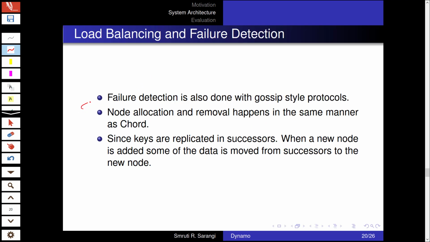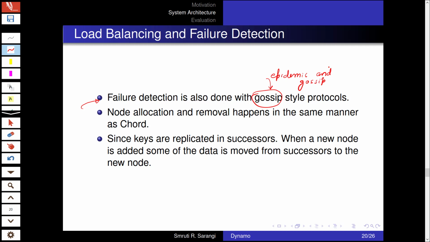Failure detection is also done via gossip style protocols where we have messages and acknowledgements and heartbeats. So if we feel that a node is unresponsive for a long time, the other nodes can declare it to be failed and exchange this information via gossip. Of course, here the assumption is that epidemic and gossip algorithms are known to the viewer. If the viewer doesn't know about them, they can look up the course web page, where they'll find the slides, and a video on this is also coming up.